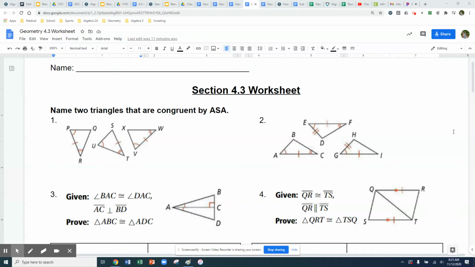We're going around our triangle, we need to see an angle. And then right next to that angle, we need to see a side. And then right next to that, we need to see another angle. So we have to see that angle, side, angle, in order for us to